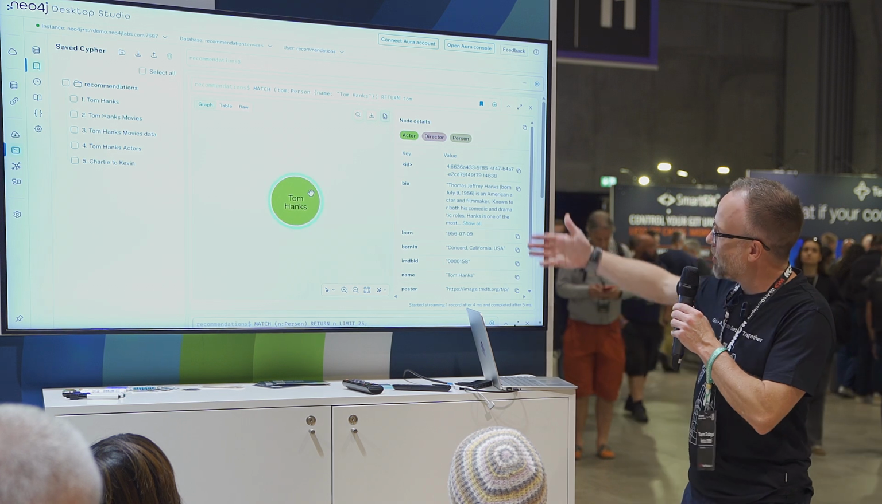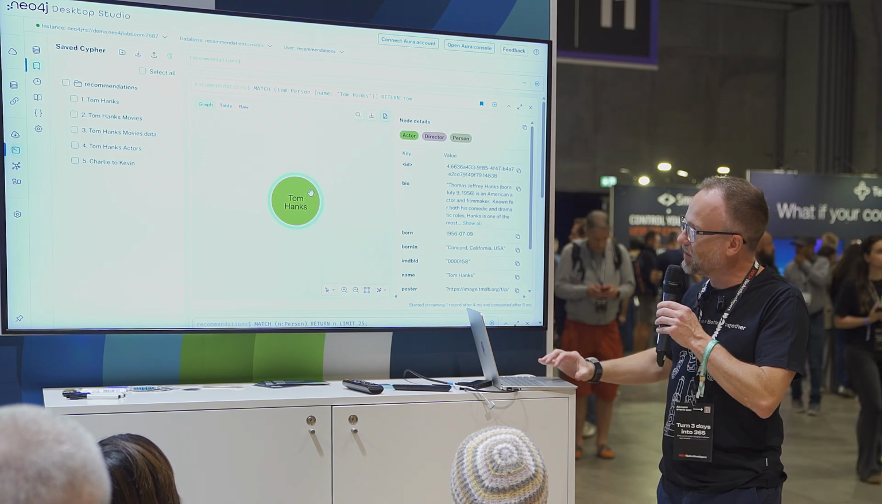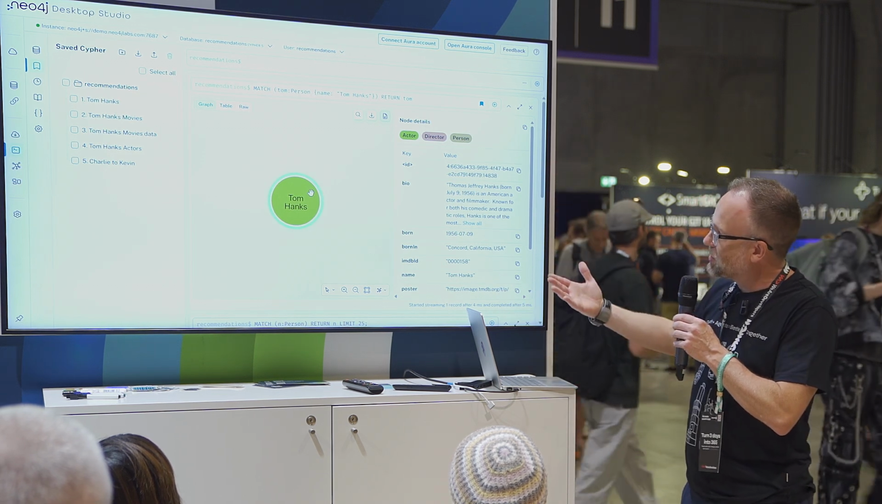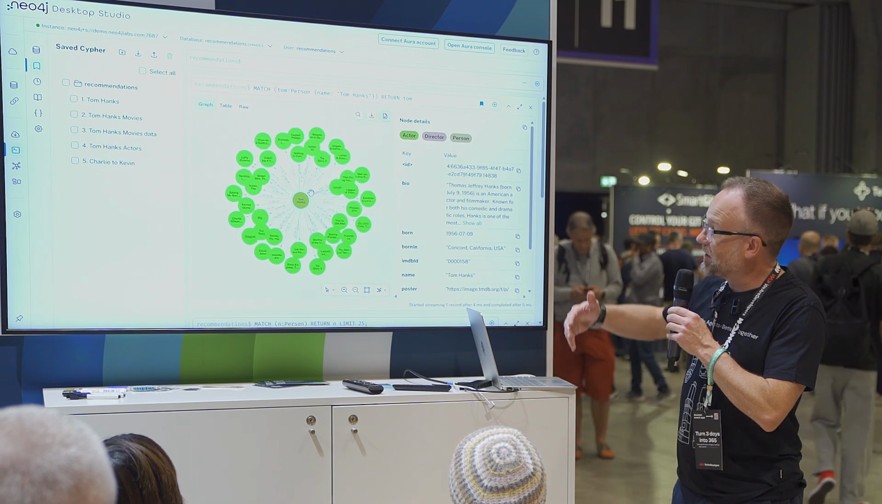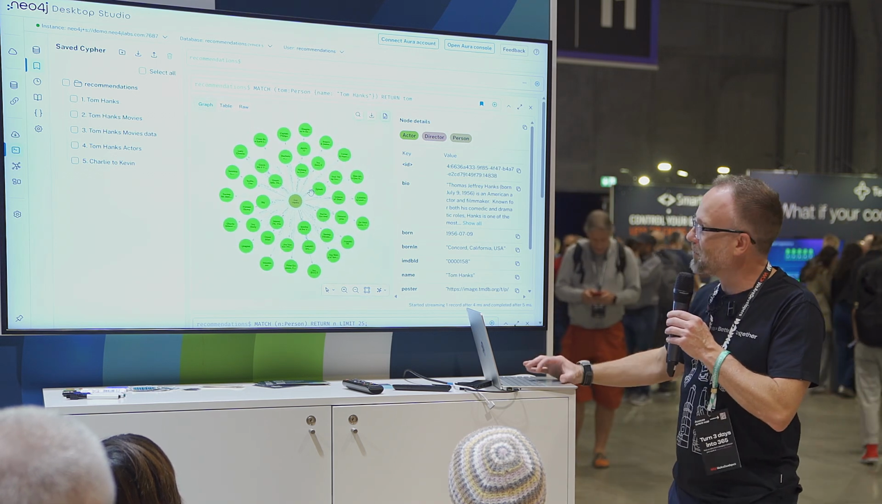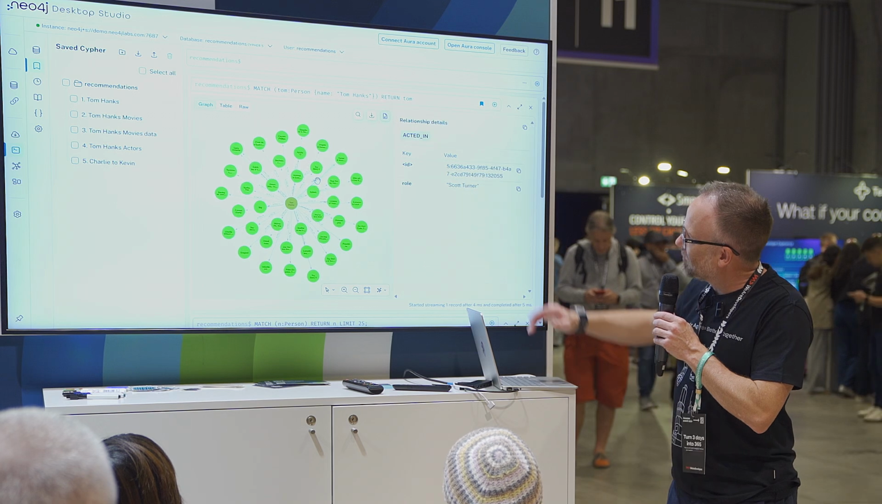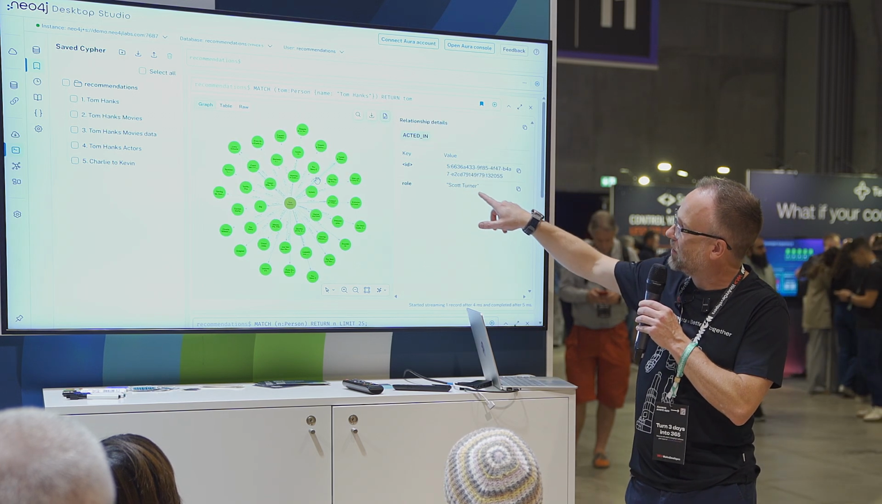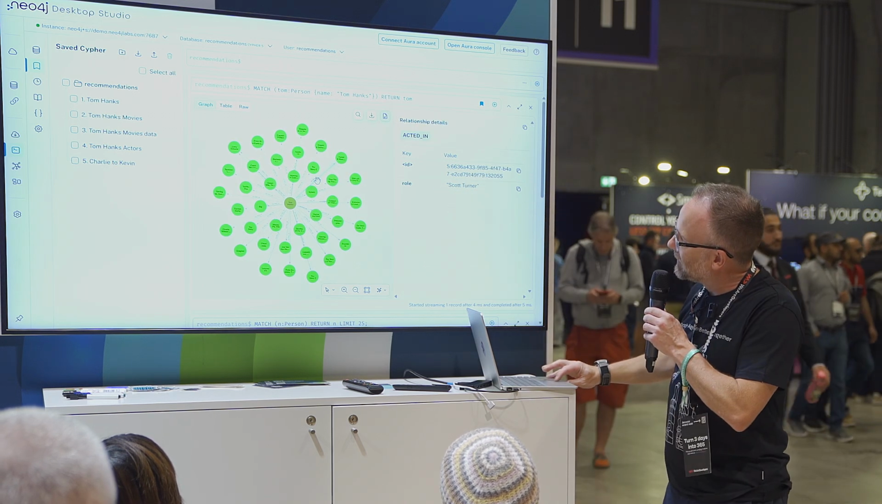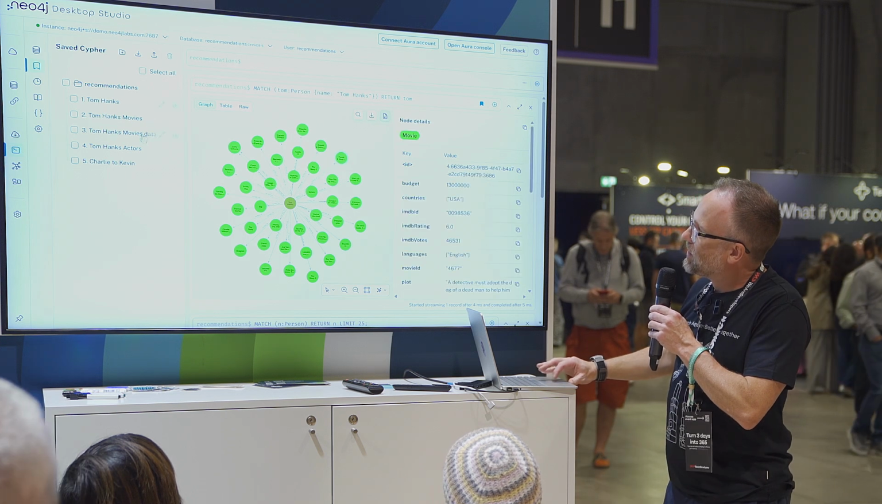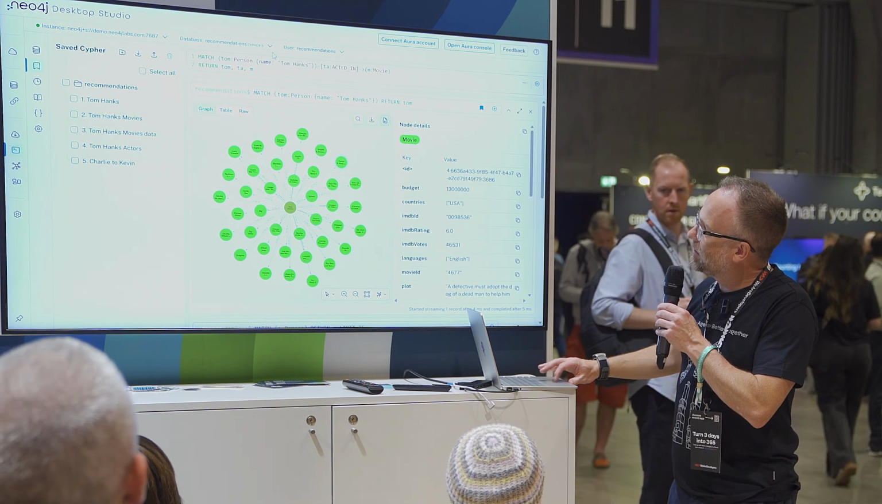And again, if I click on Tom Hanks, I can see the properties that are stored against that node. And if I expand the relationships from Tom Hanks, we will see that Tom Hanks has acted in a whole host of different movies. And if I look at the relationship, I can see the role that Tom Hanks acted in that movie. All right. So let's have a look and see, okay, well,